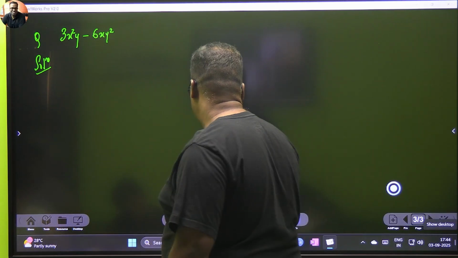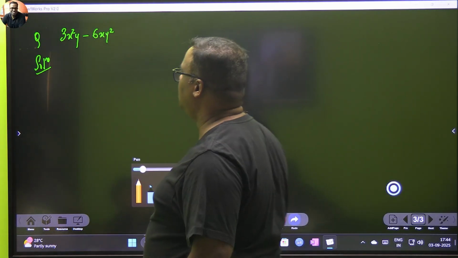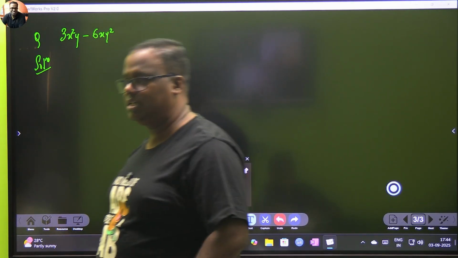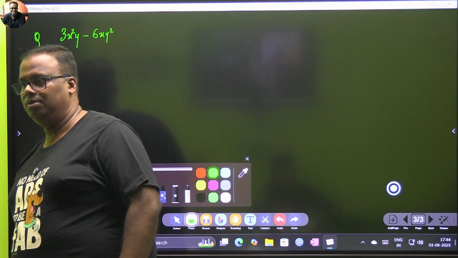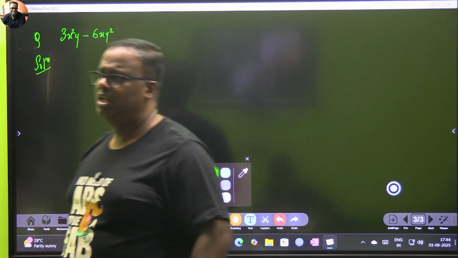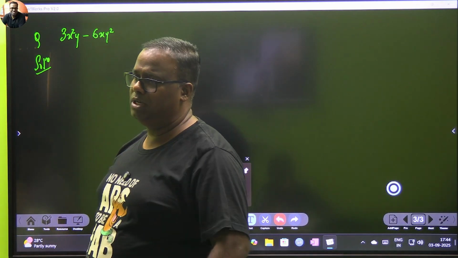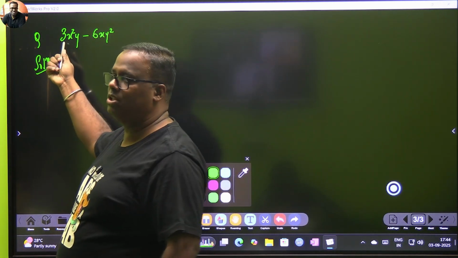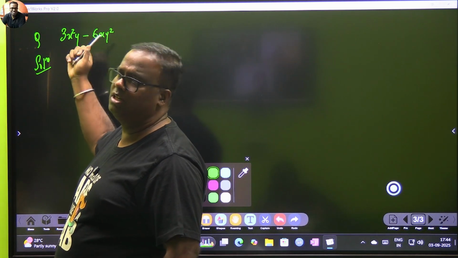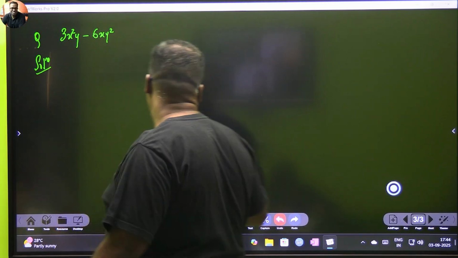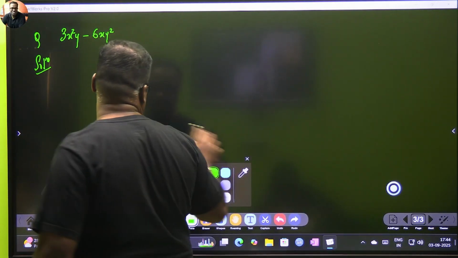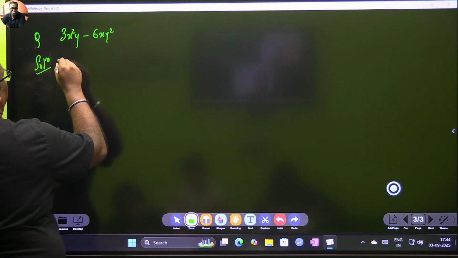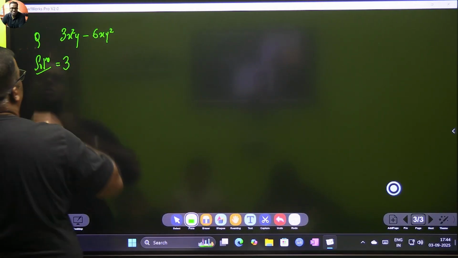Let's try to understand. There has to be a trick. So the trick is, between 3 and 6, who is smaller? 3 is smaller. Can 3 kill 6 completely? Yes, 3 2s are 6. There may be some problems where here it may be 3 and here it may be some other number, and we can get something common, that we will see. So between 3 and 6, one thing is understood, that 3 is something that I can suck out.